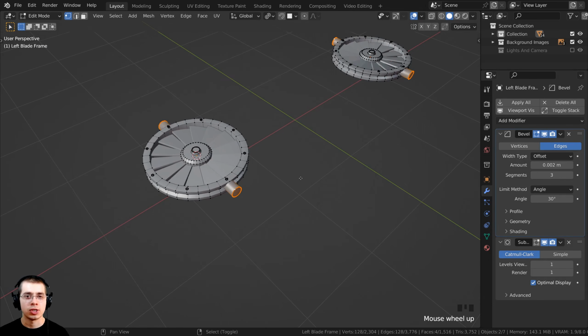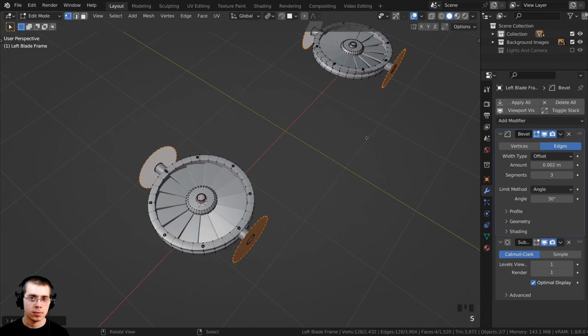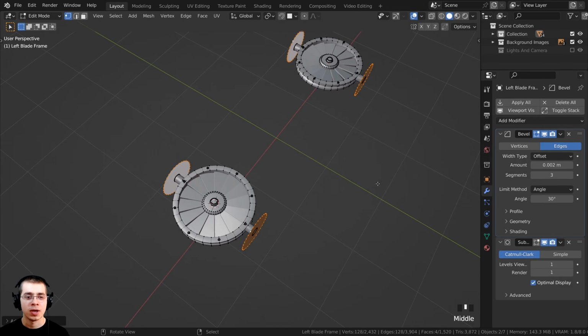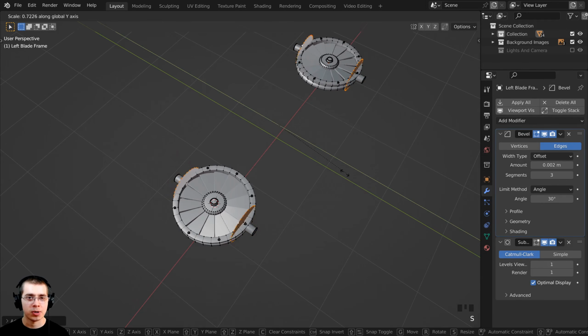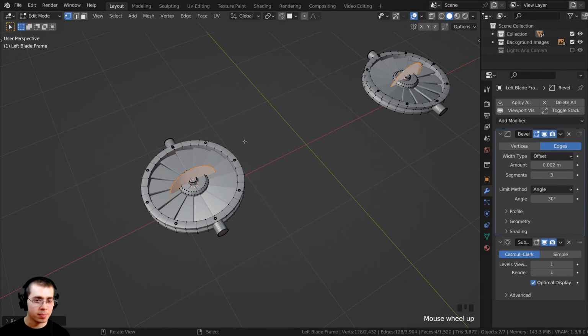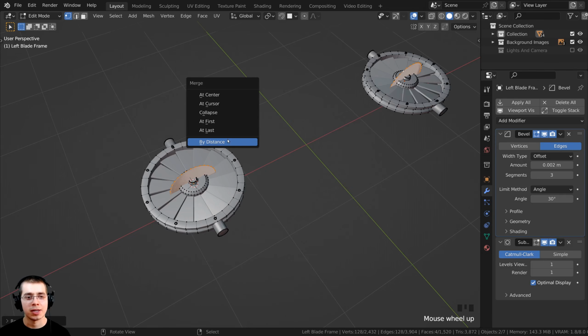So I'm now going to press Shift D to duplicate, and then I'm going to hit S to scale, and I'm going to scale them up. Now I want to squish them together in the center, so I'm going to click right here to change the transform pivot point, and I'm going to change this back to median point. So I can now press S to scale. We're going to scale it on the y-axis, and I can type in 0 and then enter. And then I'm just going to press the M key to merge, and I want to click on by distance